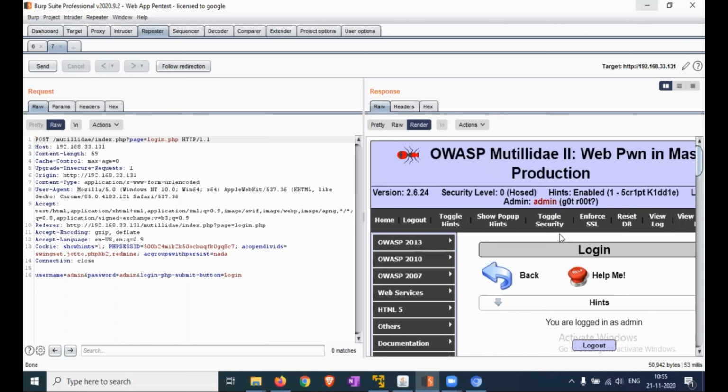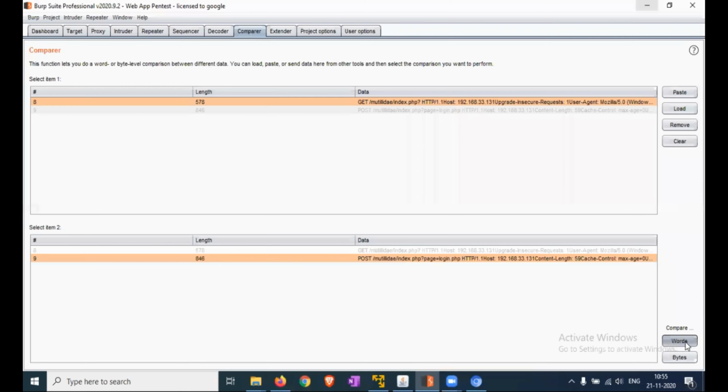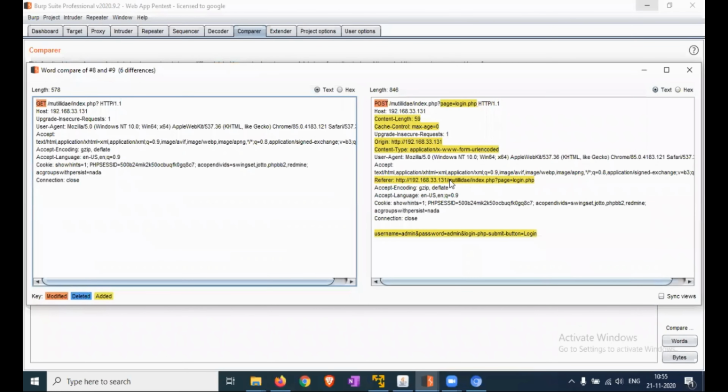Now we have to copy the referrer value. Here in Comparer, we can see the added parameters are the referrer, username, password, and so on.